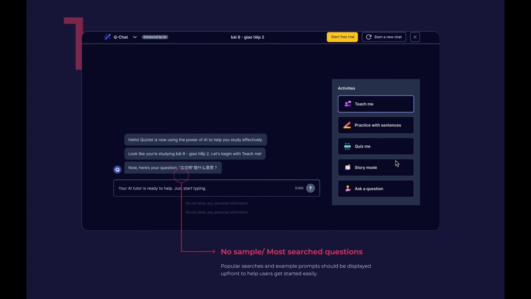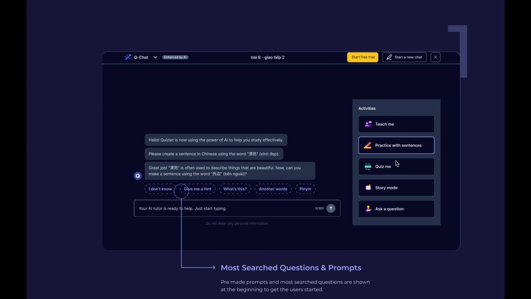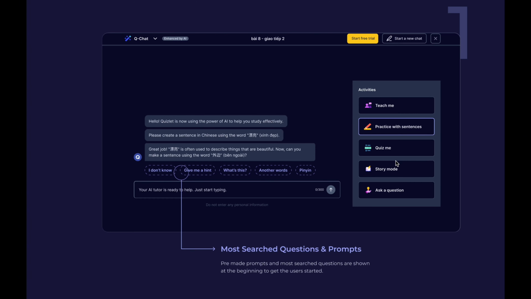More searched questions and question suggestions. In the initial versions, we noted that users could not easily find the more searched questions or question suggestions, leading to a lack of guidance in the learning process. With the solution, we integrated a feature to display the more searched questions and provide question suggestions based on the user learning process. This helps learners easily find the relevant questions and receive helpful guidance when interacting with the AI.